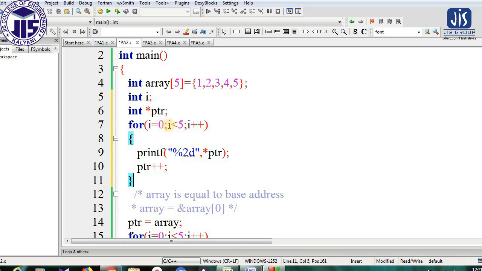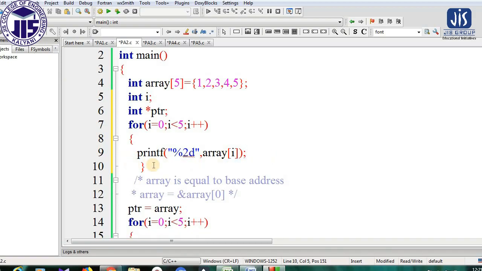What I do is, we take a variable i that represents the position, and using a printf statement we can print it. To print, we provide the array name and within the brackets we write the position. As you see, this is a simple method to print an array by the position of the element in the array. When the value of i is equal to 0, it will print the 0 position element. When the value of i is equal to 1, it will print the 1 position element. In that way it will print all the 5 elements present in this array.